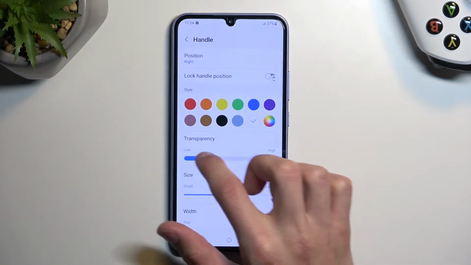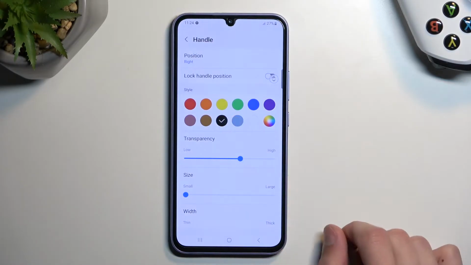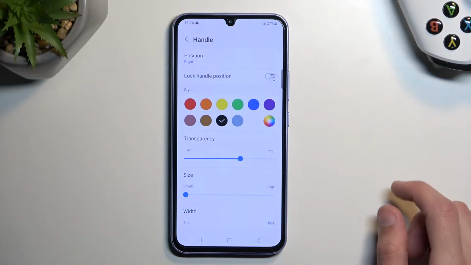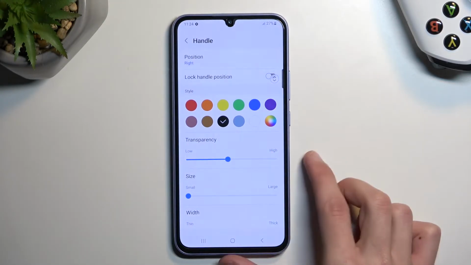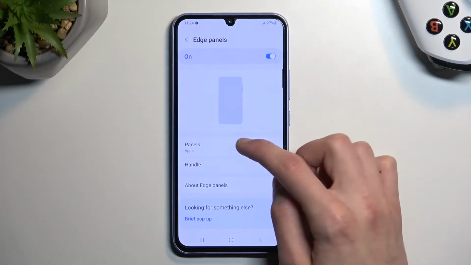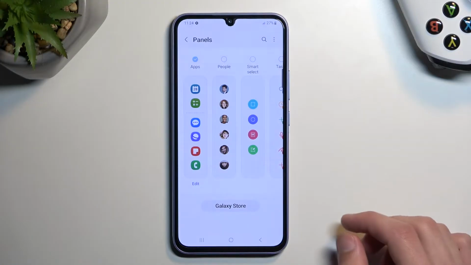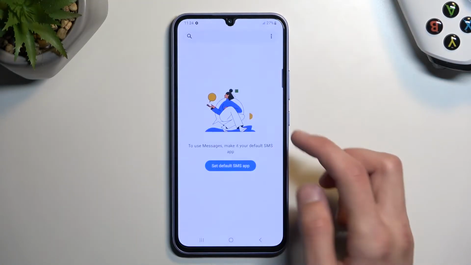You can select the transparency, so it's more or less visible. You can change the size of it. So I'm gonna change it to black just so you can see how it looks. So there we go. And going back, we also should have, there we go, panels, and here you can select additional panels. So when you're flipping through them, because you can actually flip through them,